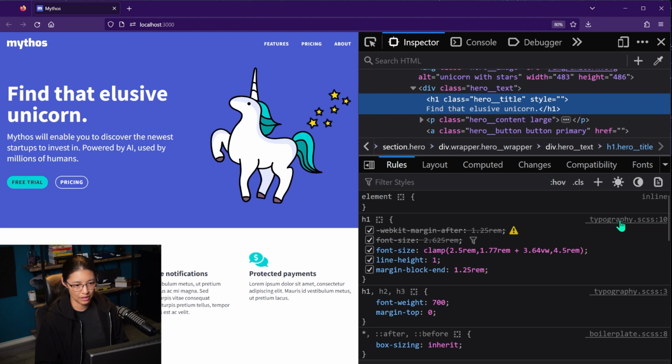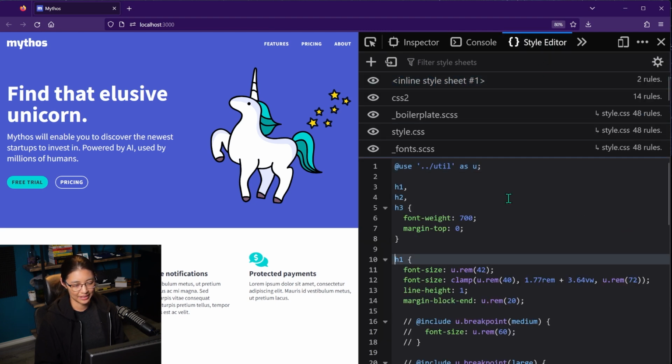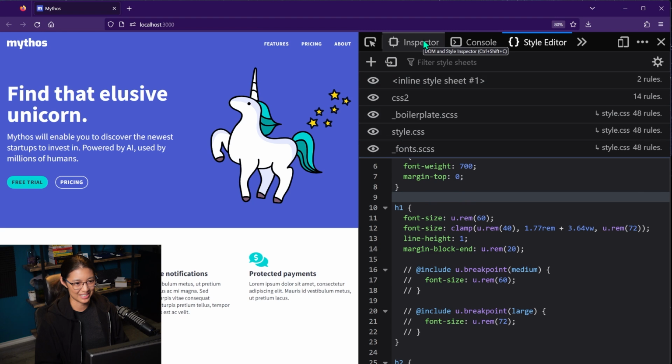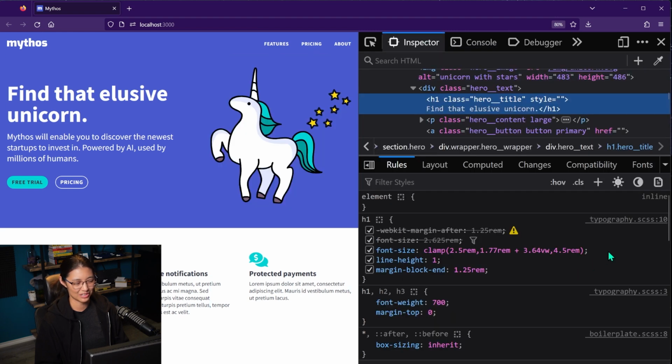And if you click on the link itself, then it's going to load in this other tab, Style Editor. So it'll actually load the actual Sass file. And unfortunately, if you're using Sass, you would think that you'd be able to make a change here and edit it, but for some reason it doesn't work. And I think it has something to do with having to recompile the preprocessor and stuff like that. But if you're just loading your styles from a CSS file, I think you can make changes here, but I'm not positive. But I mainly just make the actual file changes in VS Code, so I don't really use that feature very often. It's mainly just to locate the file and the line number.